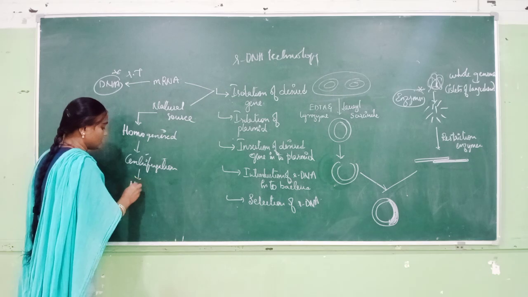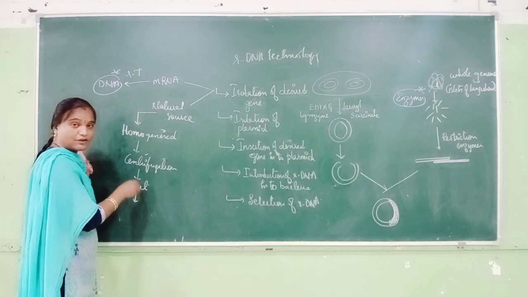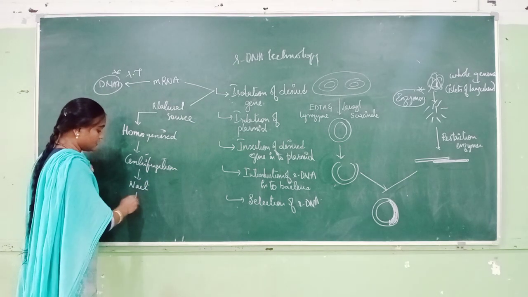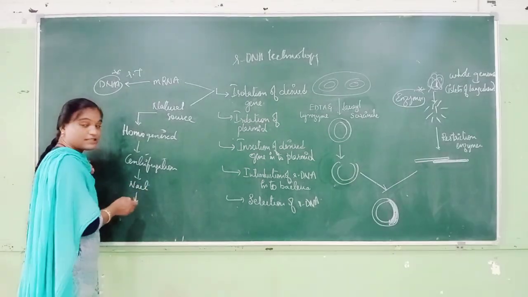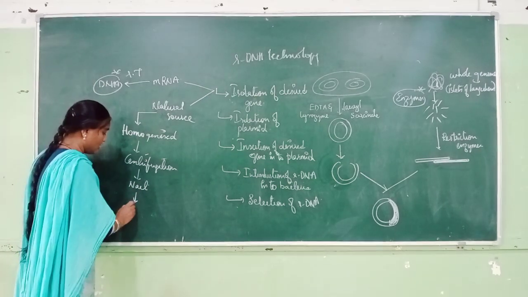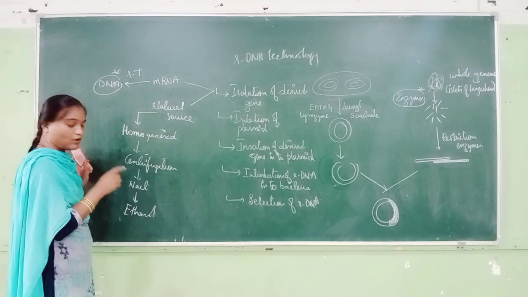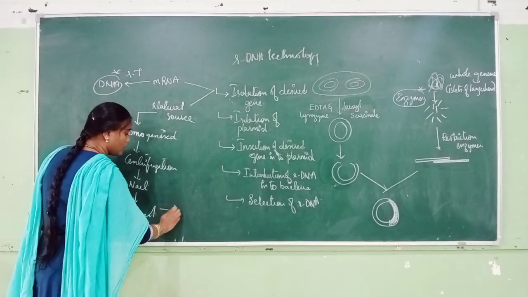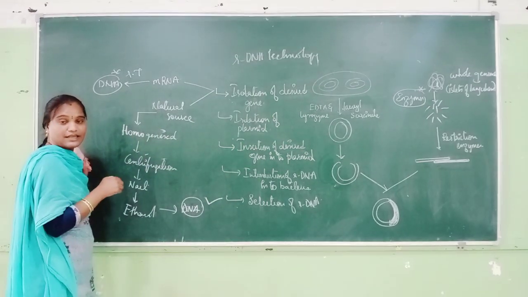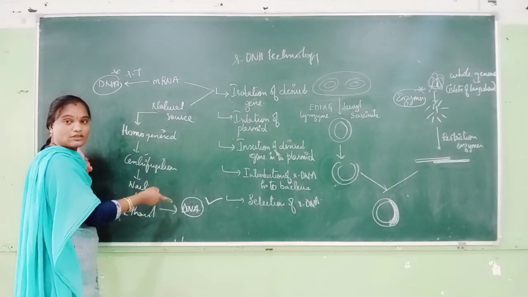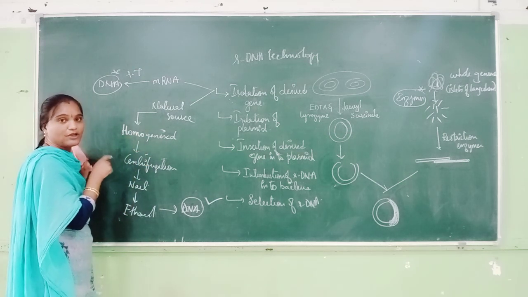Next again it is treated with NaCl. So with the addition of NaCl, what happens? All your protein molecules will get removed. Next, for purification, the pellet that is present is again treated with ethanol. After addition of ethanol, your DNA and your histone protein molecules will get separated and only your desired DNA molecule is obtained. So this is how you will get the desired DNA gene from these two steps, that is from mRNA and from your natural source.